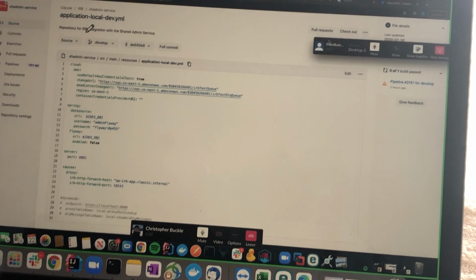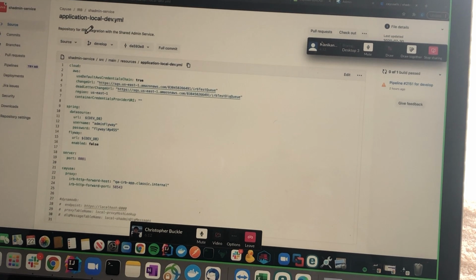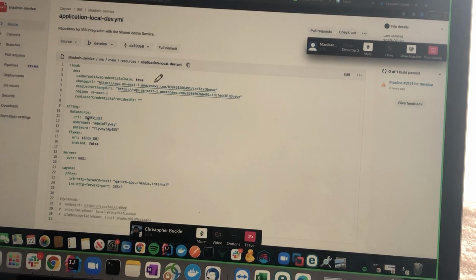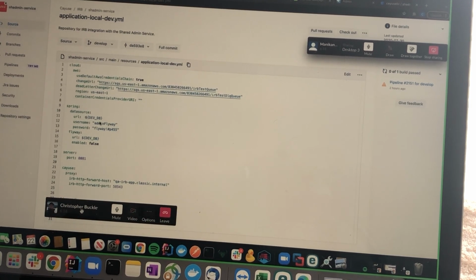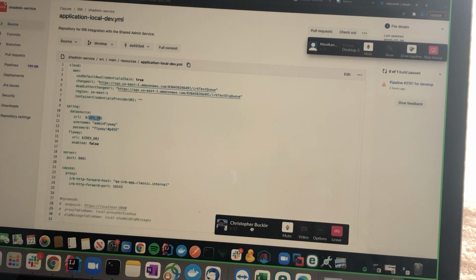Otherwise, people checking it out and starting it up will need an environment variable. So anyways, you're going to need to provide the data source URL as a parameter when you start the application. Yes, Chris, exactly. I need the DevDB URLs and credentials. So that DevDB URL is the same URL that you are using in